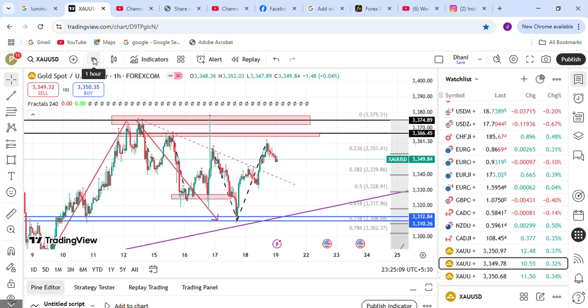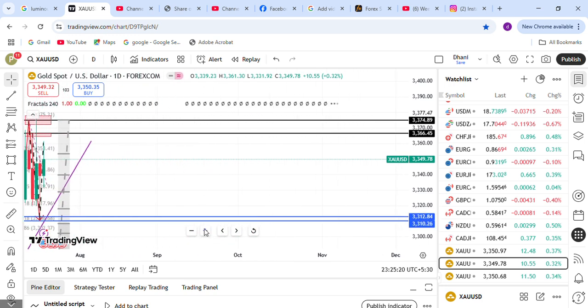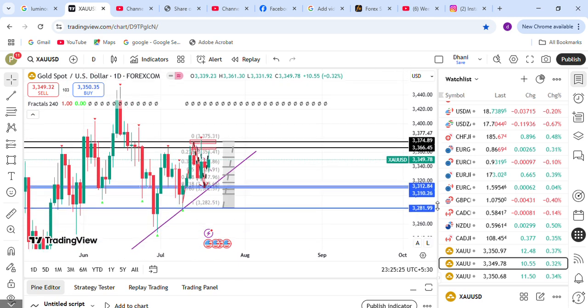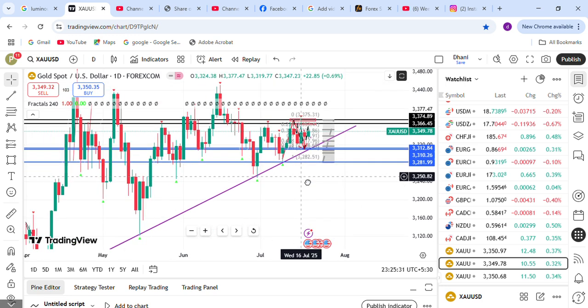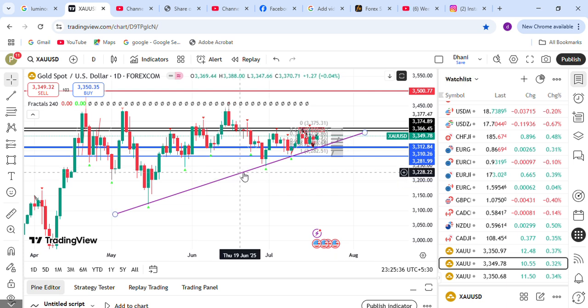First of all, let's see the previous week, what I said. In the previous week, the market was standing on this particular zone, or this particular trend line I should say, and even right now it's standing there very nicely. This is all the way from April 2025. So I will be discussing whether it wants to go down, whether it wants to go up, what type of opportunity we will be getting,